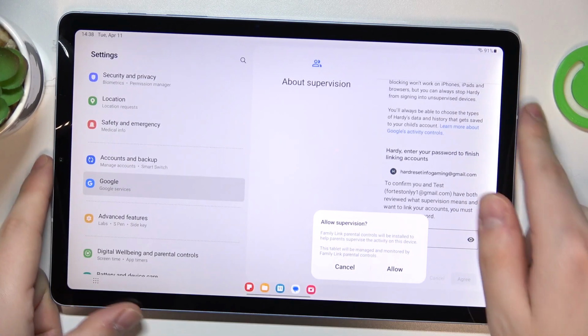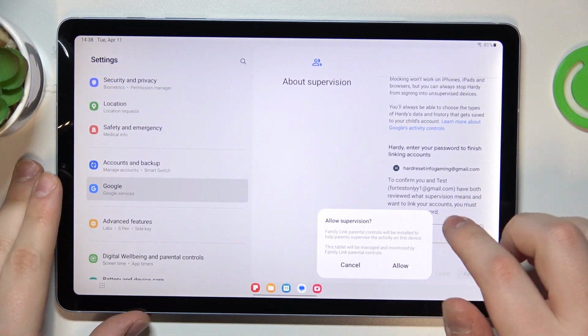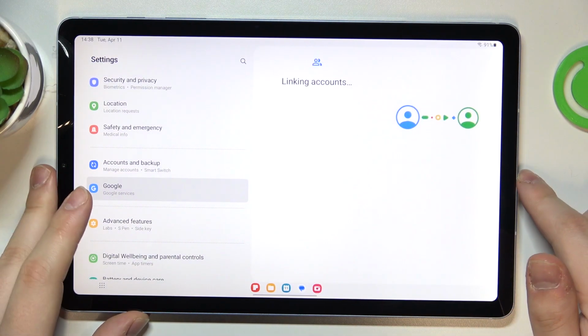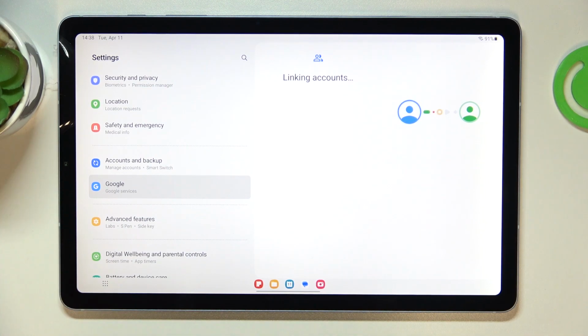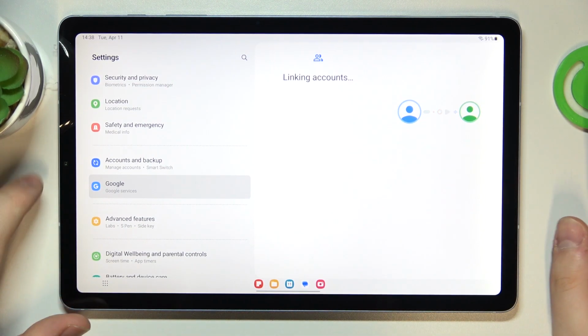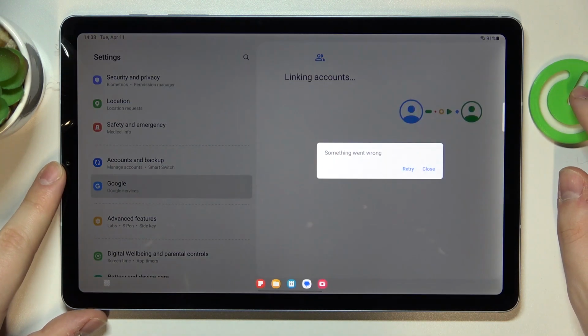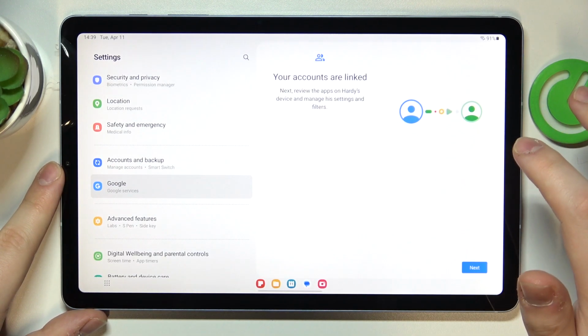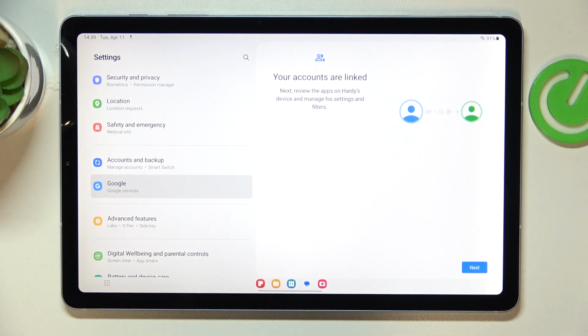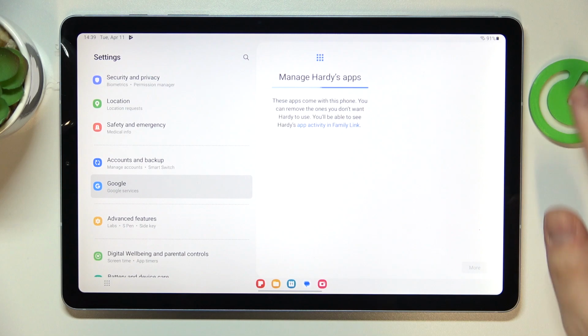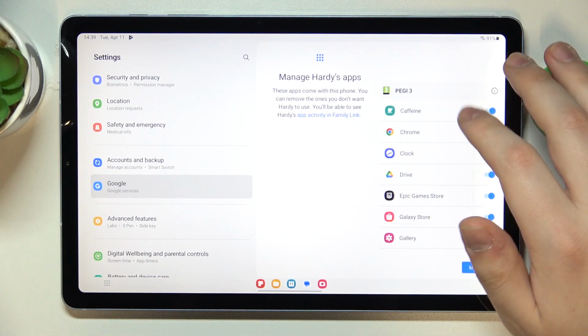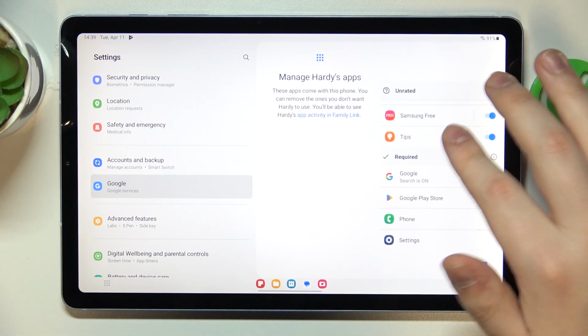Then you will get the dialog window that asks if you would like to allow the supervision. So that's exactly what we are here for. Tap at the allow option, wait for the parent and child accounts to get linked. And in my case, something went wrong miraculously, but the second time around it went through no problem. So, I guess disregard. In here we can turn on or turn off some of the apps we already have installed on this tablet,